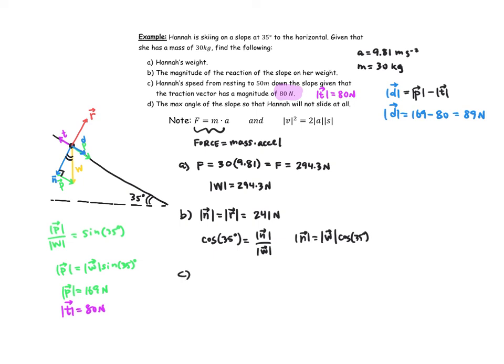Okay, so let me outline part C here. We know that force equals mass times acceleration. Well, the acceleration due to gravity is going to be slowed slightly based on going down the hill as opposed to just falling out of the sky. So the magnitude of D is equal to mass times the magnitude of acceleration in the direction of the hill. So if the force downhill, which we know is 89 newtons, is equal to mass times the absolute value of acceleration, what we get is that the absolute value of acceleration is equal to 89 newtons over the mass. And in this case, the mass is 30